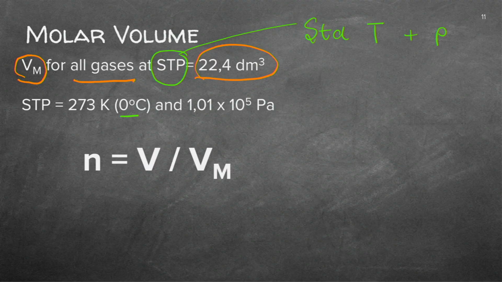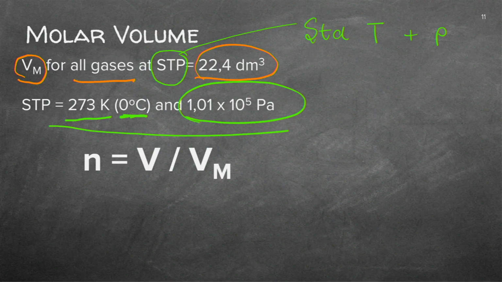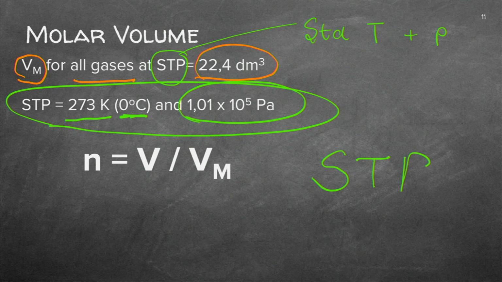Well, it is 0 degrees Celsius or 273 Kelvin. And the pressure will be atmospheric pressure, which is 1.01 times 10 to the 5 Pascal. This is also on your information sheet. So only when it's measured at STP will the volume be this volume,